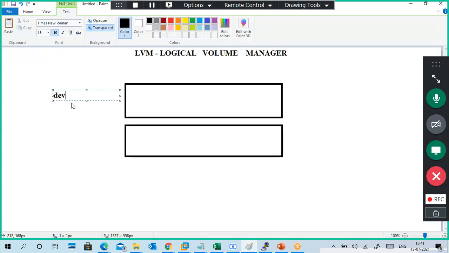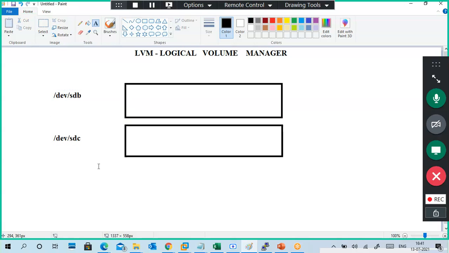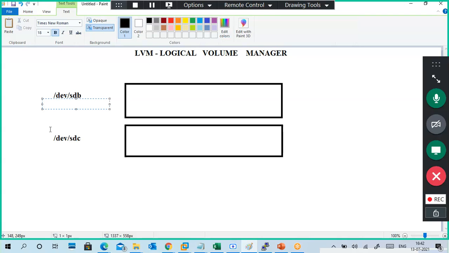So this is my disk, slash dev slash sdb, for example. Another disk is slash dev slash sdc, because sda is busy, so we are not using sda. This is a straight practical I'm doing. There are two ways we can do it, but I'm doing it one straight way. So I have two disks. These are physical disks. These physical disks we have to convert, or call something after converting.